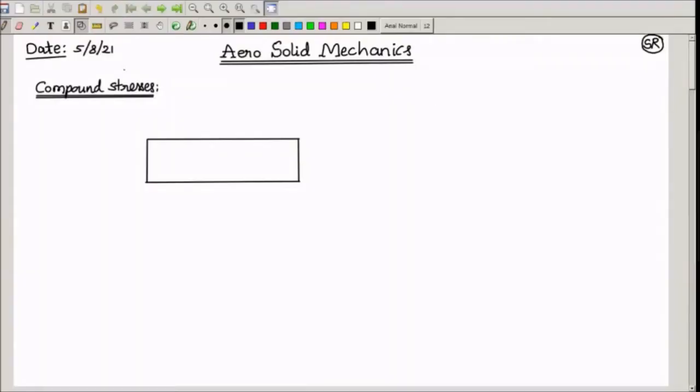I have taken a bar here. So if I subject this to a load P on either side, tensile or compression, I'm showing tensile stress here. If A is the cross-sectional area of this bar, we know that normal stress sigma is the ratio of P by A, right? That we already know. It is a standard bar case, and we can also calculate the deformation or strain in this. This is called a uniaxial system because the stress or load is acting only in one direction.